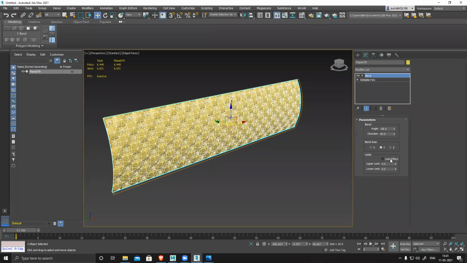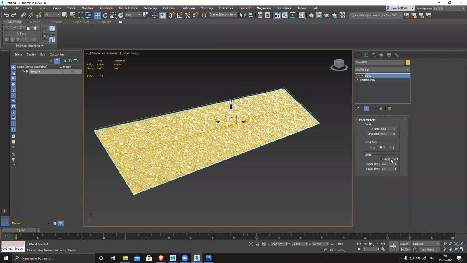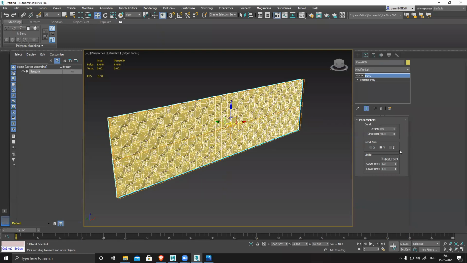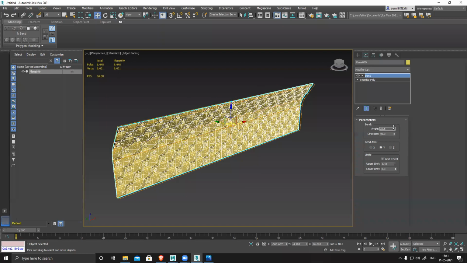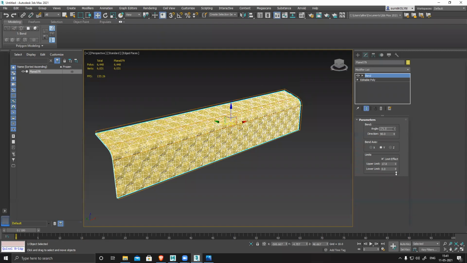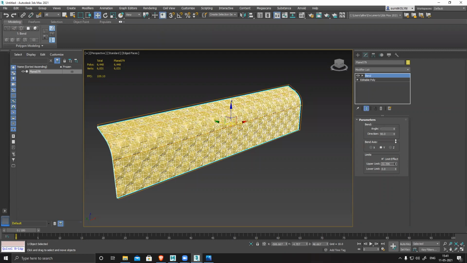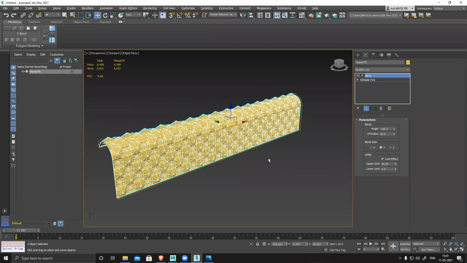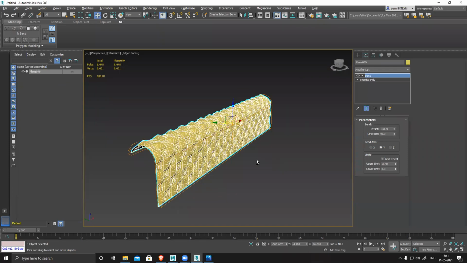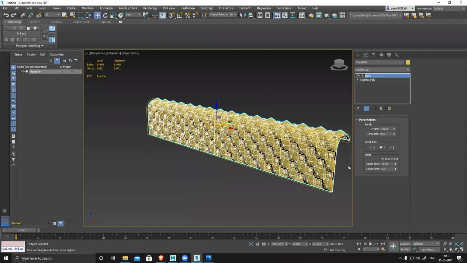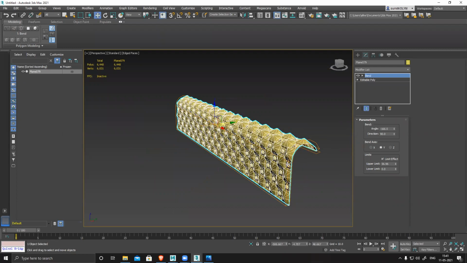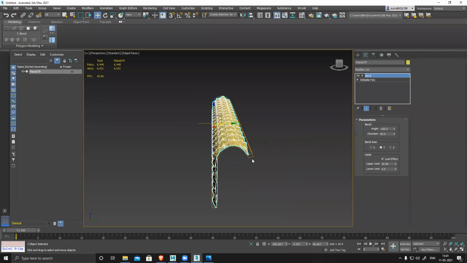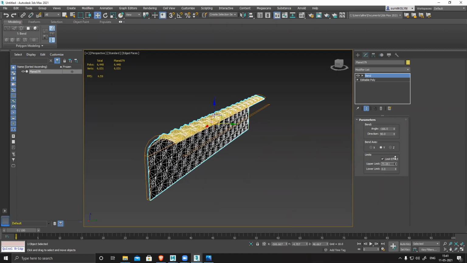So there is something called limit effect. If you click on this and then move it, it will limit the upper limit. You see, so only the upper part will move. So the rest of the base won't move. I'm limiting the upper portion so that till here it won't bend. Then only it will bend. You can see this rectangular shape, I'm controlling with this upper limit.